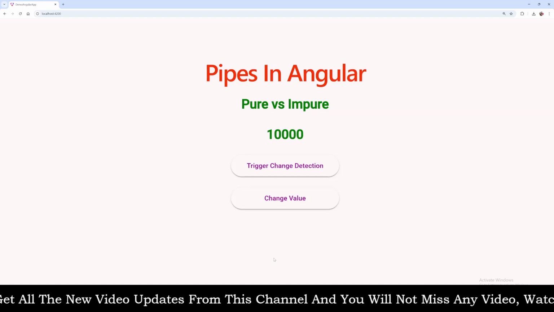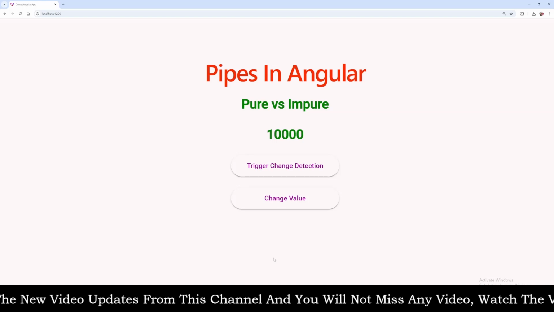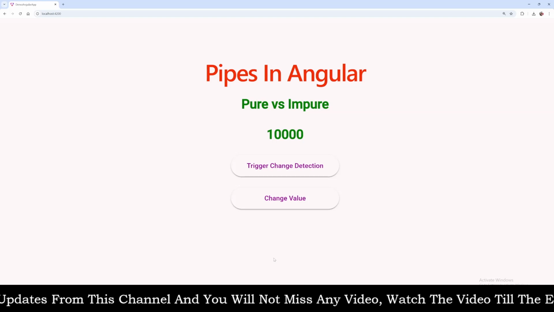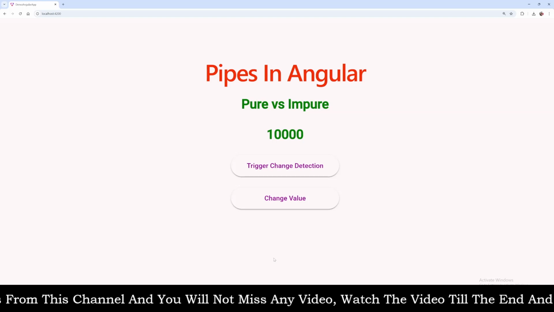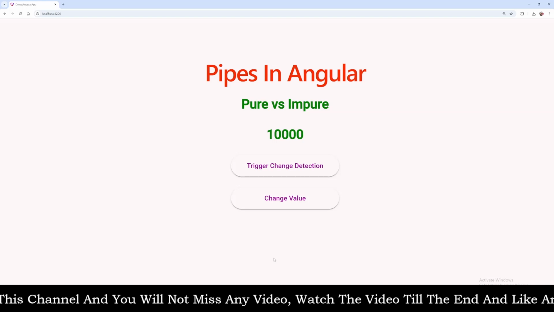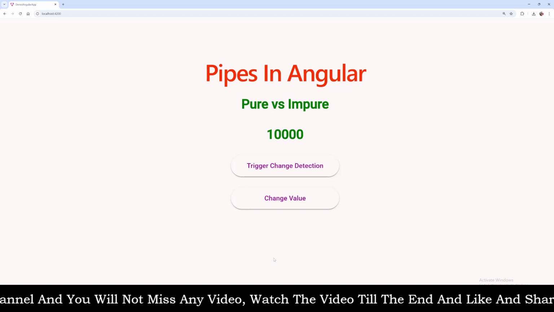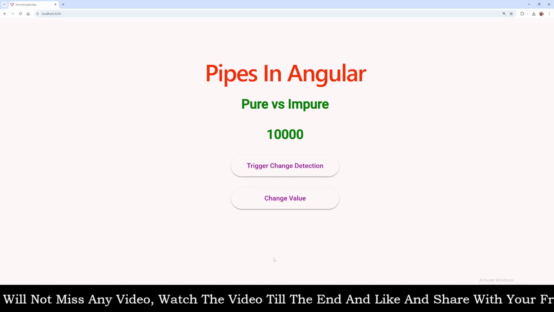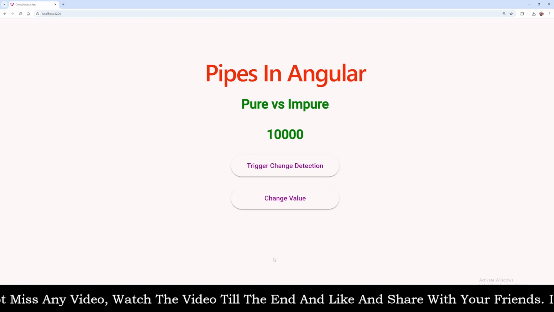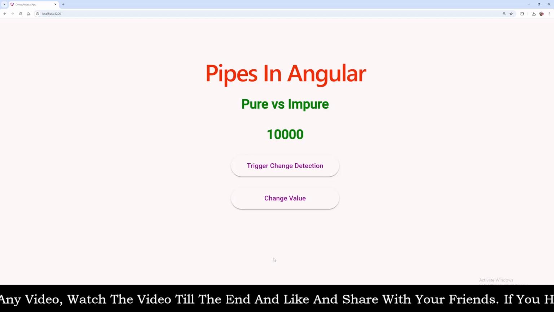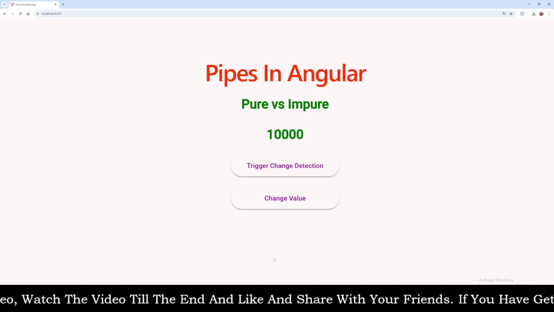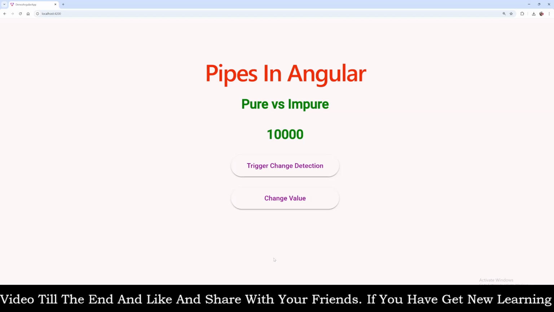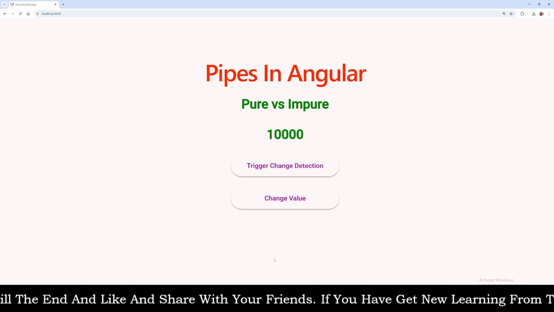As you all know, we need to pass an input value to every pipe. Angular calls the pure pipe whenever it detects a change in the input value for that particular pipe. So whenever a pure pipe finds a change in its input value, only then does it execute